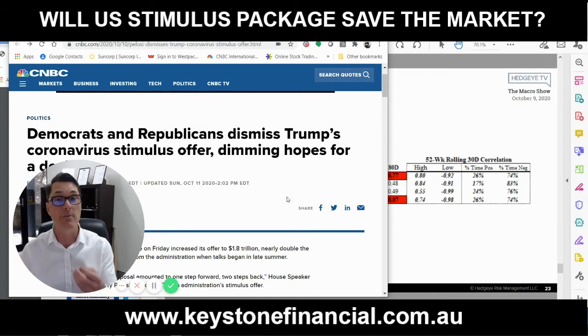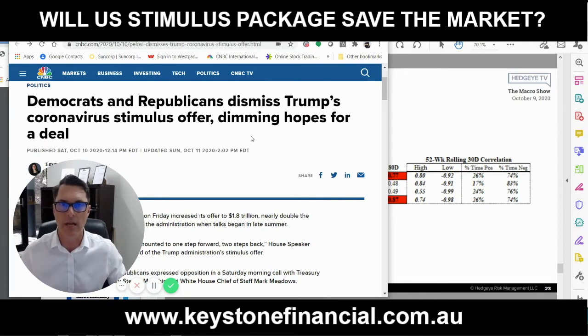stock market, and could be bad this week for the U.S. stock market because, as you can see from this headline on the screen, they're still sort of disagreeing around a deal. And if this deal doesn't happen this week, then I think we're going to see the stock market in the U.S. come off quite a bit. Now, what that means, I don't know. We'll just wait and see what happens when we get there. But it could be anywhere between a 3 and 5% correction.